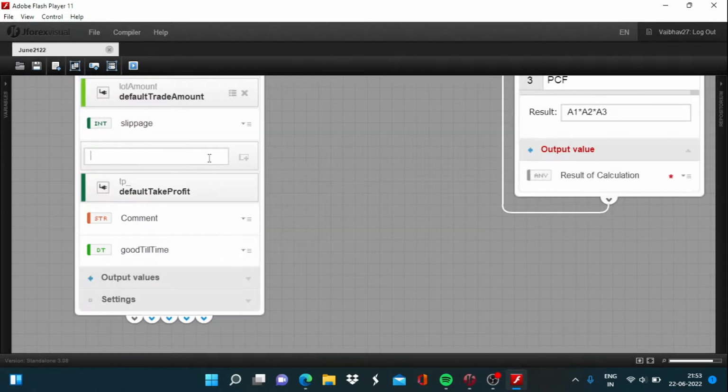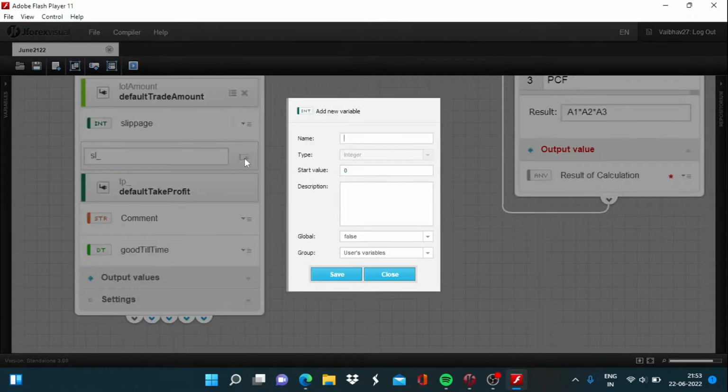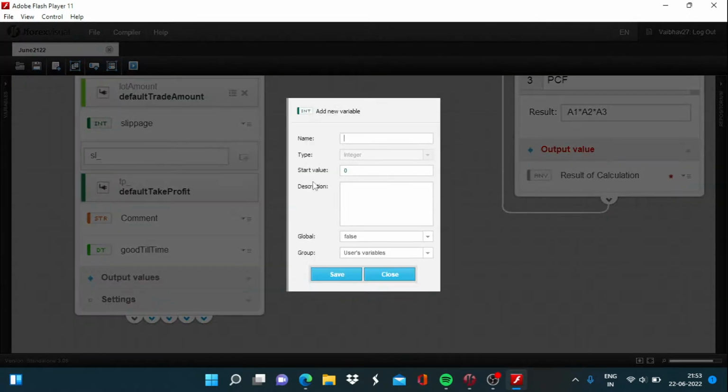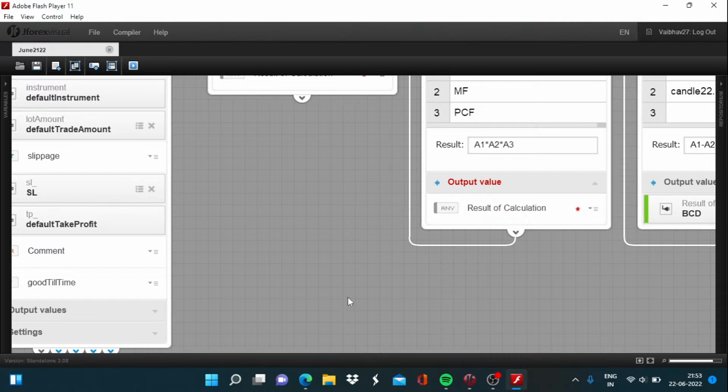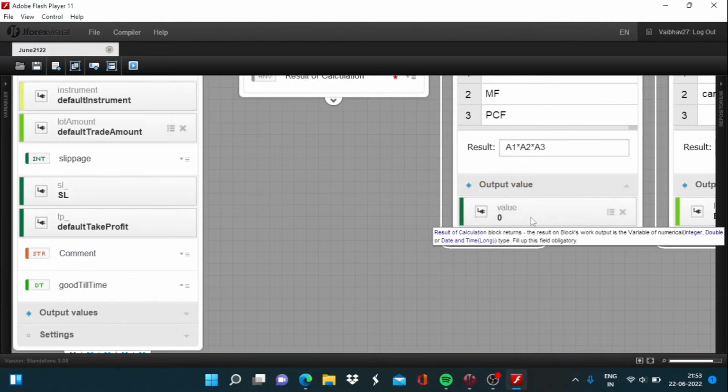So this will be stop loss. Okay, and its result will be derived from this calculation,